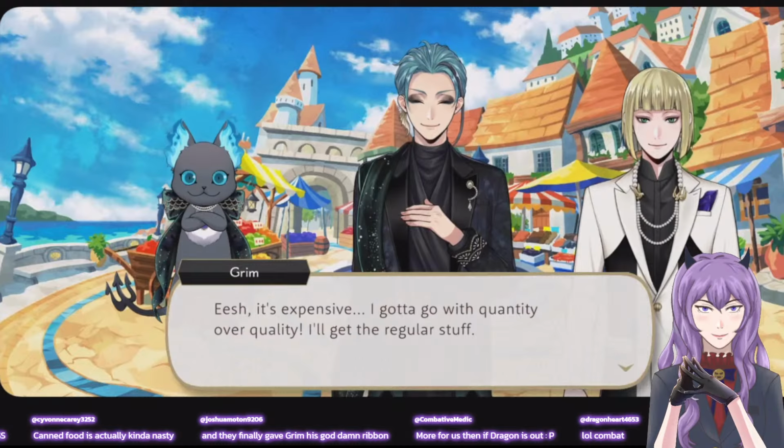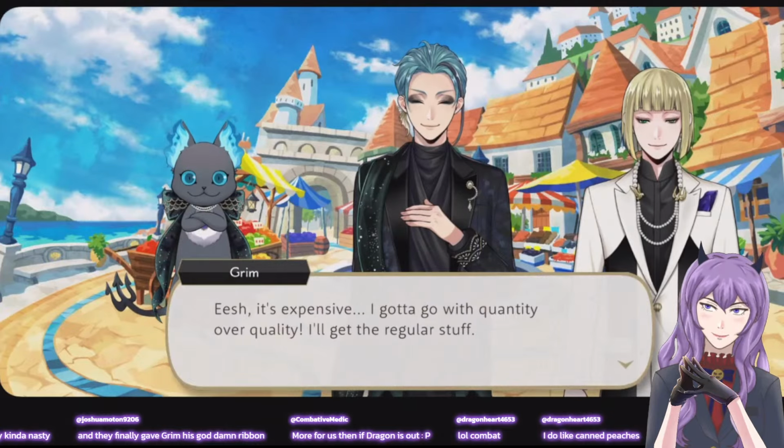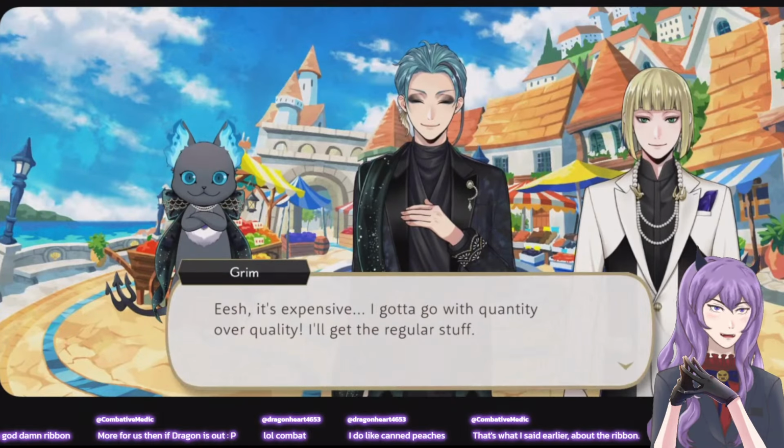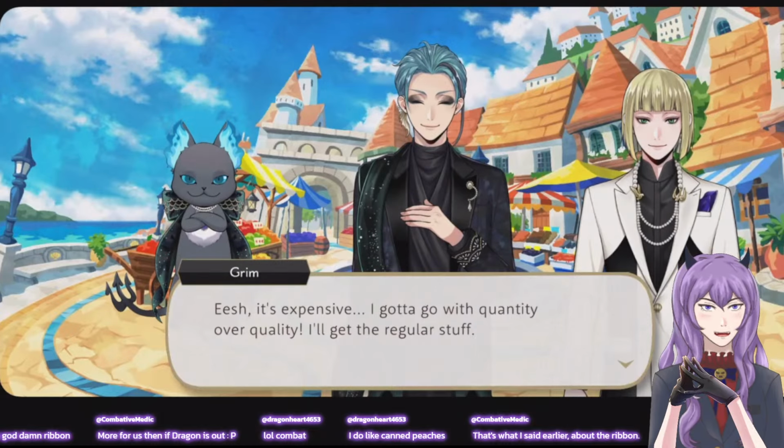I need more food. This event has me feeling starved. Also used to like canned clams. Huh. I've had canned anchovies and canned tuna. I haven't actually tried canned clams before. That's new to me. Canned food is actually kind of nasty. It kind of is, but sometimes it's a guilty pleasure. Like, I really like canned soups. So if I want soup, I end up eating a lot of canned soups.